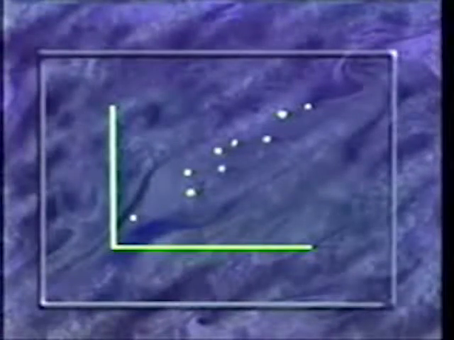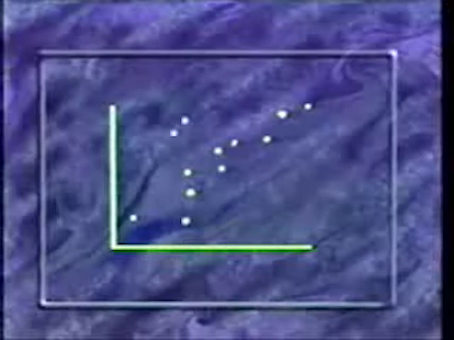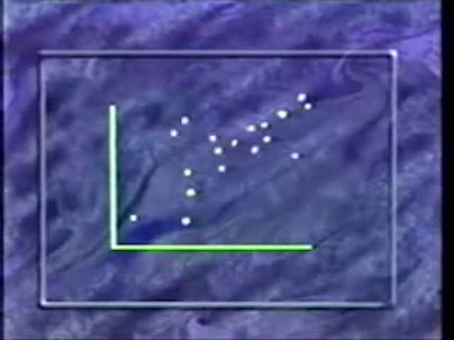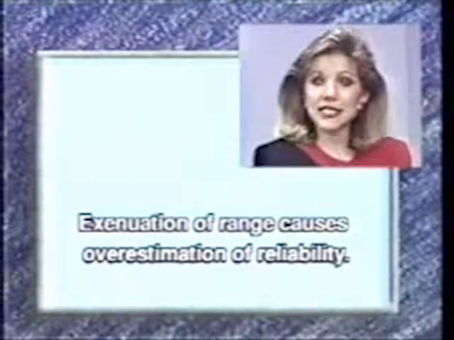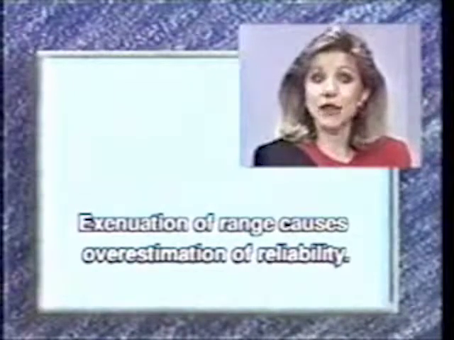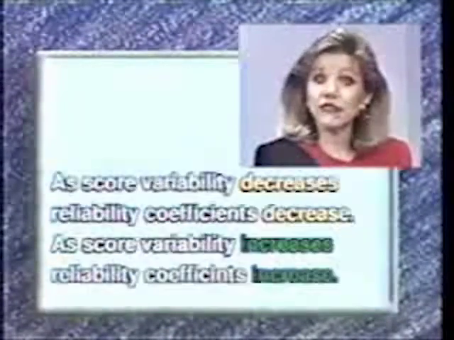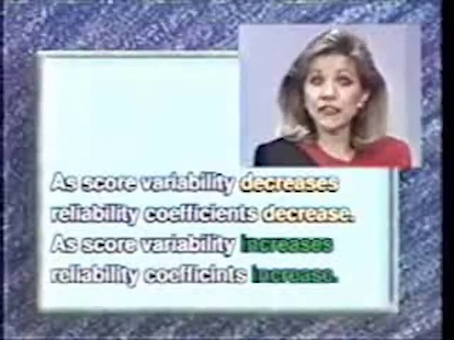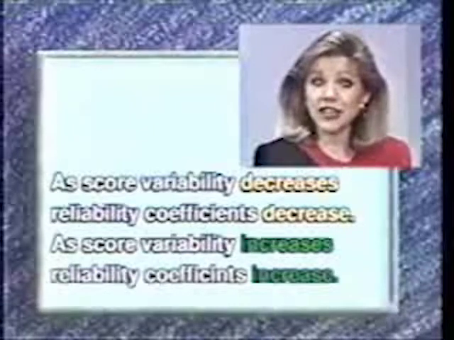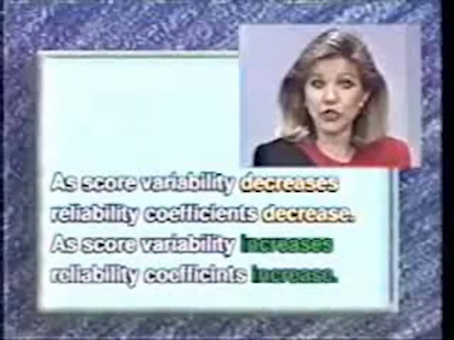It looks as if this is a reasonably reliable test. Unfortunately, our sample group had a broader range of scores than the target population. Now look at the extended range and the range of the target population. You can see that the extenuation of range gave the appearance of greater reliability than actually exists. Extenuation of range caused us to overestimate the reliability. The variability among test scores affects perceived reliability. In the previous examples, variability was affected by constriction and extenuation of range.